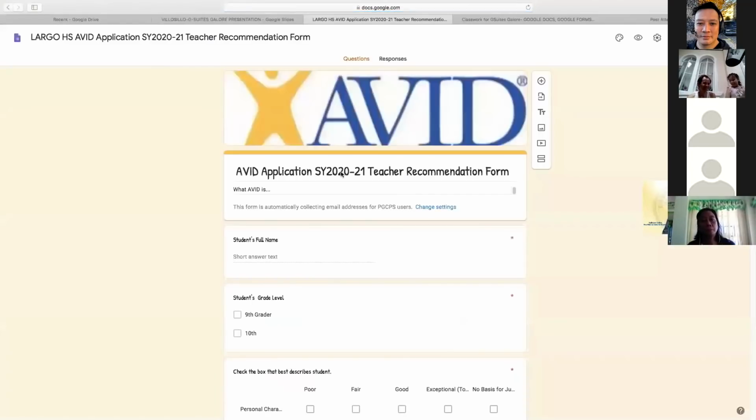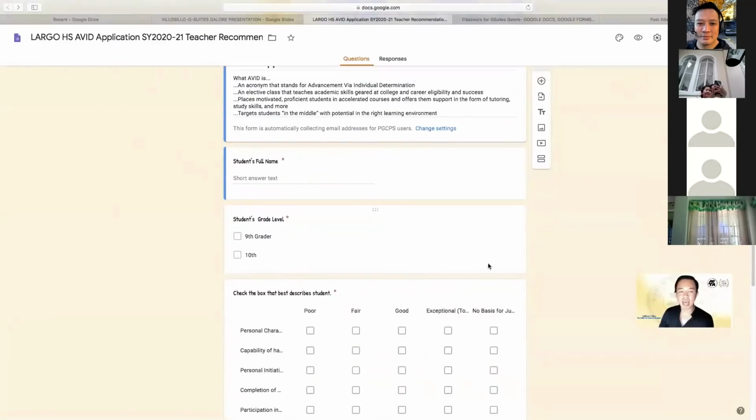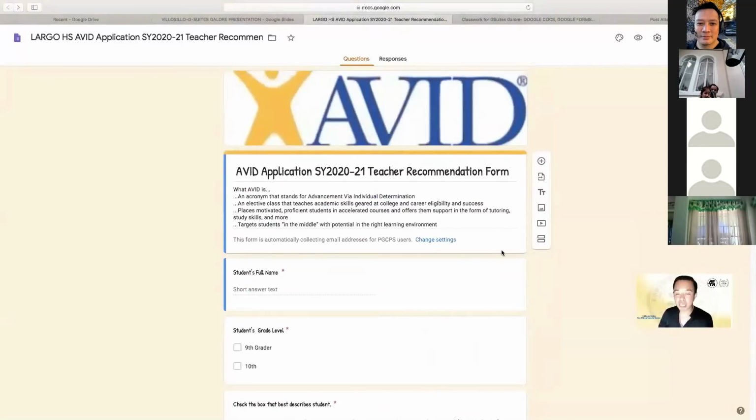Click collaborate, how to collaborate. So, okay, this is another example of a teacher recommendation. So when you want to collaborate with another teacher, maybe a teacher from another school, and you want her to just look into your application, if that is okay. Before that, let me just go to the slide and see what the form was all about. So this is a teacher recommendation.